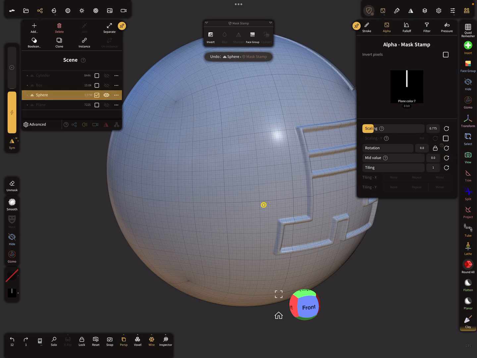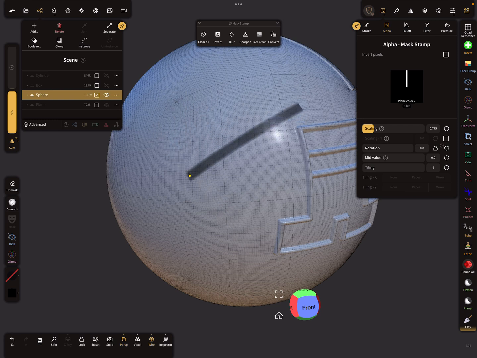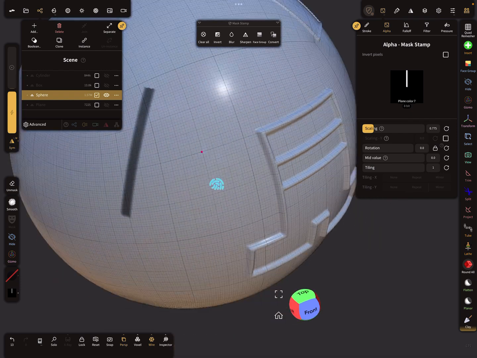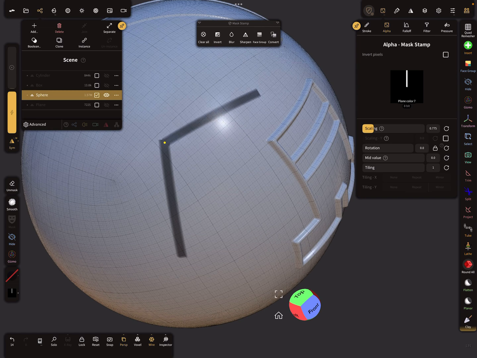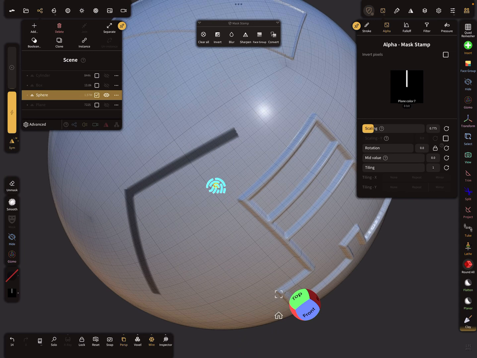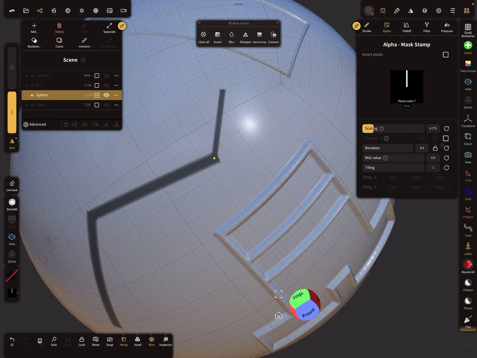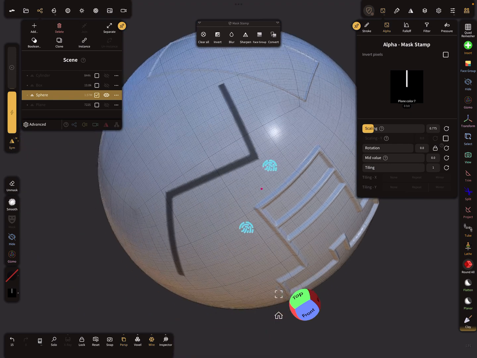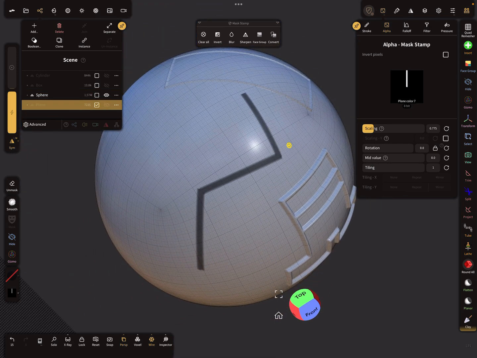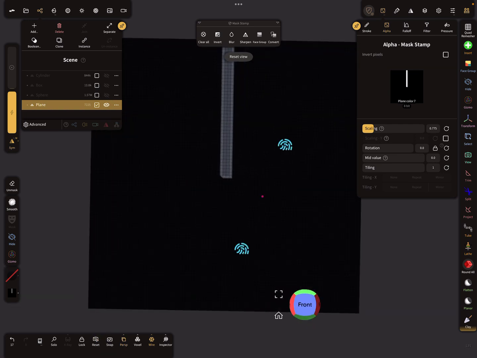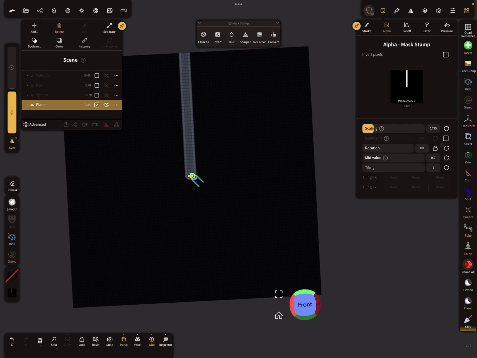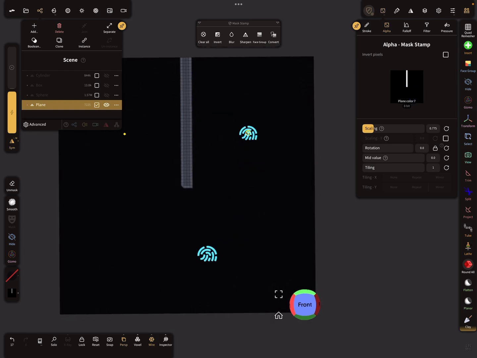So here the rotation was locked. So now it's possible to rotate this stroke from your insert point of the brush. So here when we start, yeah, I hope you understand. So this is the thing here. And the important thing is this point here is the center point of your brush stroke. So everything you create on this plane